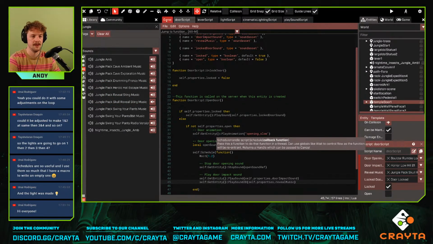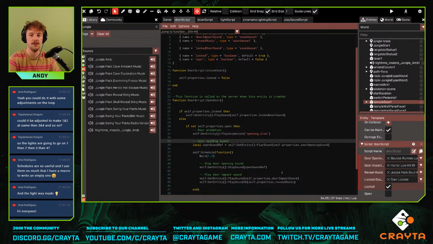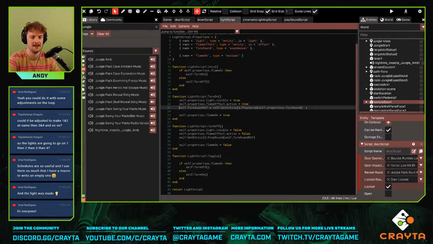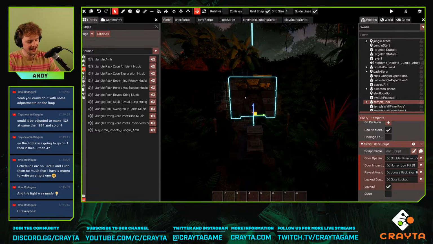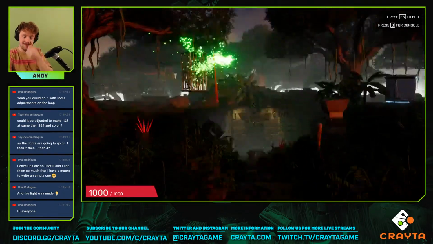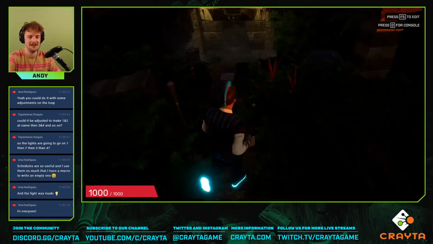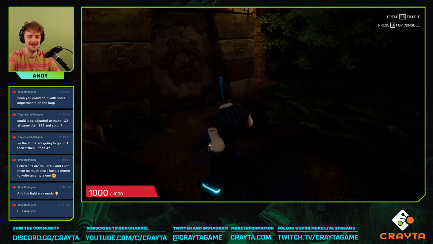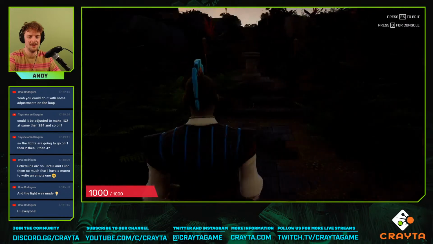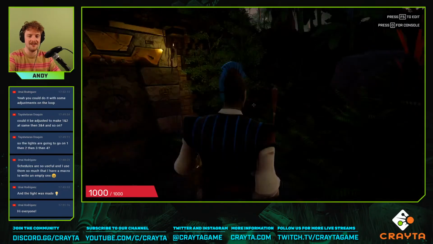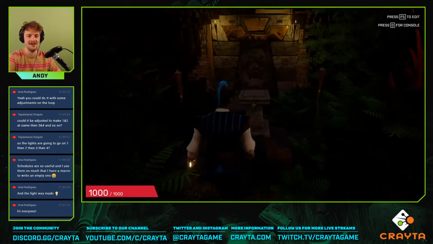Cool. So that gets called when the doors have opened. I feel like it needed that. The light script now plays the fire sound when I do that. I just feel like it needed some serious leveling up in the sound area to kind of deal with what's going on here. It's quite nice because it's really quiet and chilled, and then